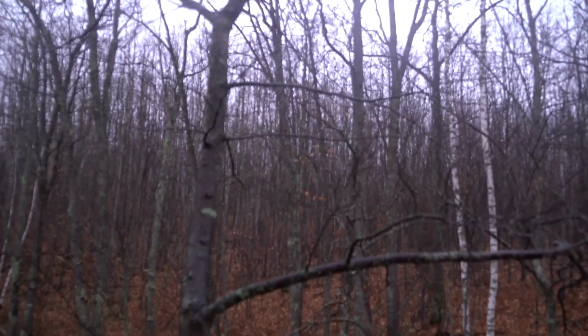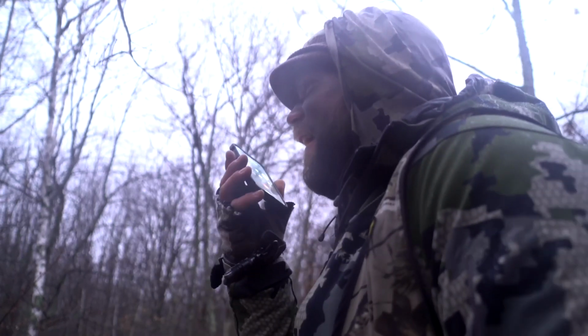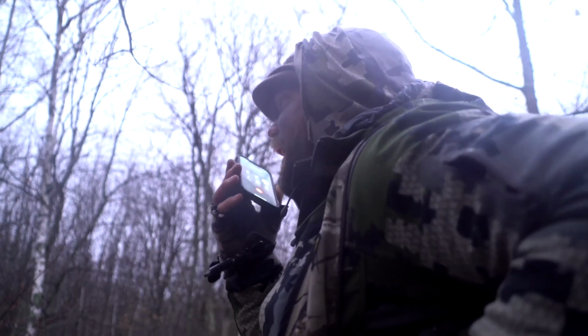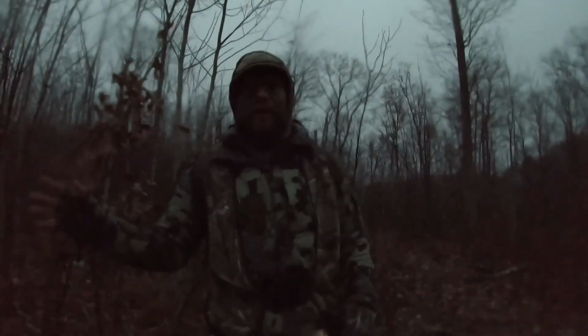I just stuck an arrow in that big one. The big one. I just stuck an arrow in him. Holy shit. The one from the daytime videos or pictures this morning? Yeah. Dude. Nice. Oh my gosh, dude. And I saw my arrow just go in, disappear, and hit the ground. And the arrow's got blood, but it's freaking raining. We're gonna let this deer...